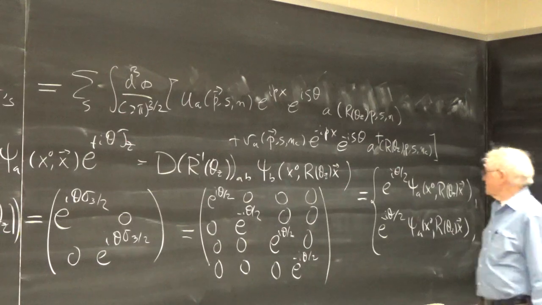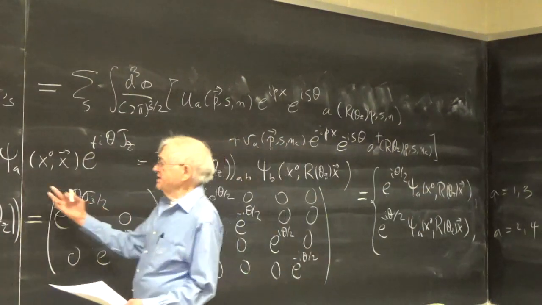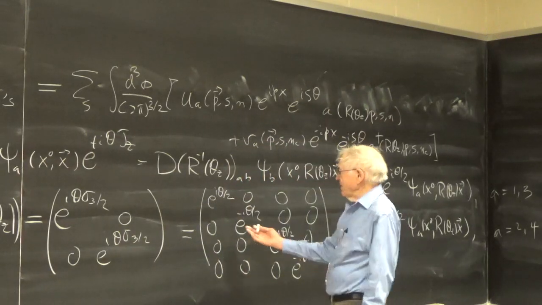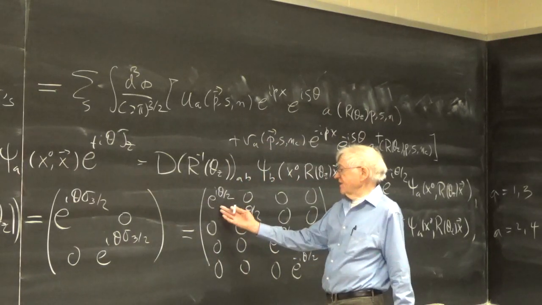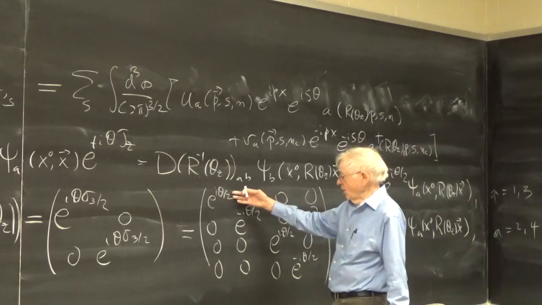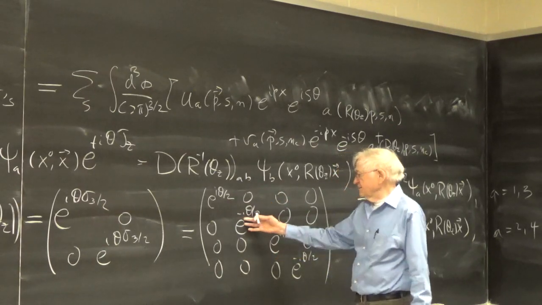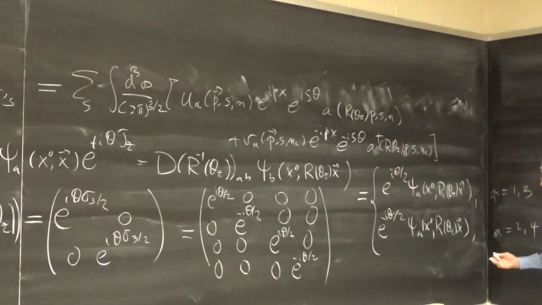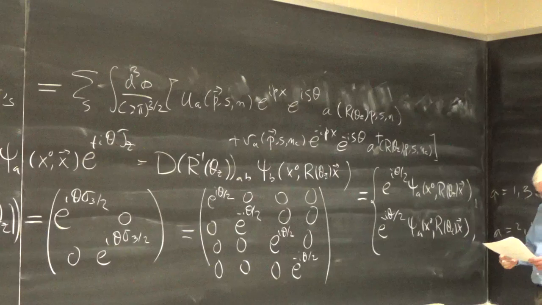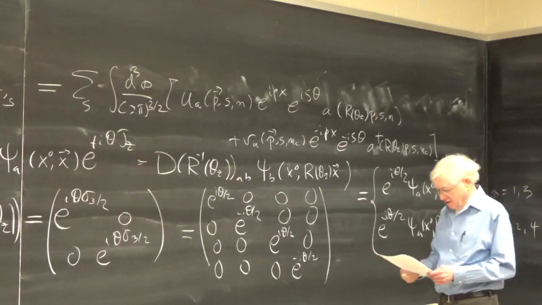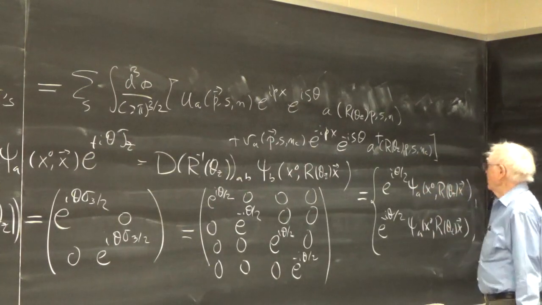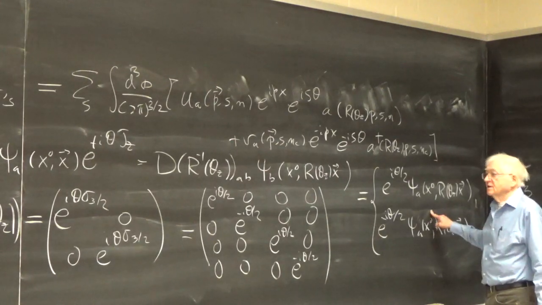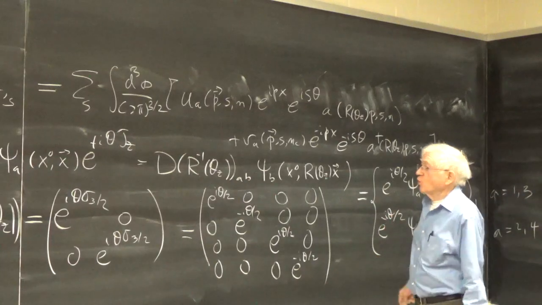Okay, so in other words, we do the rotation on the A-th component, and we see that it gets multiplied by e to the i theta over 2 if A is 1 or 3, but by e to the minus i theta over 2 if A is 2 or 4. And so we have these equations. And now what we want to do is compare this second equation with